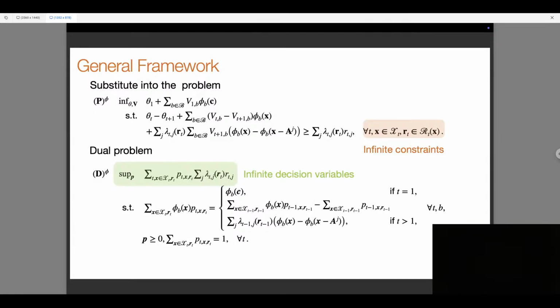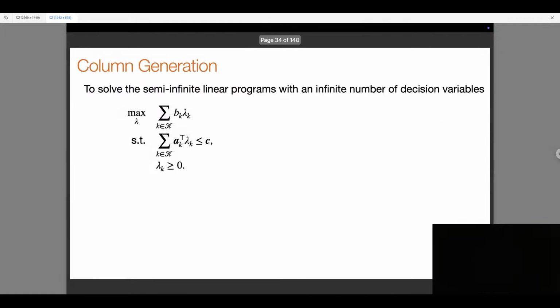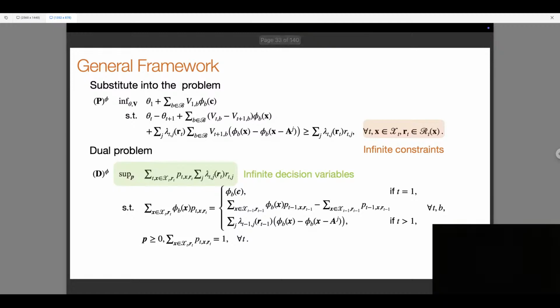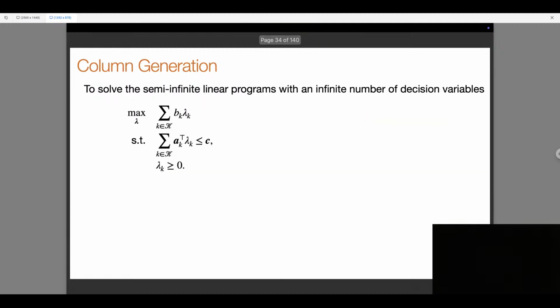So to begin with, before going to the further discussion, let's first introduce the column generation method. That is to solve these semi-infinite linear programs